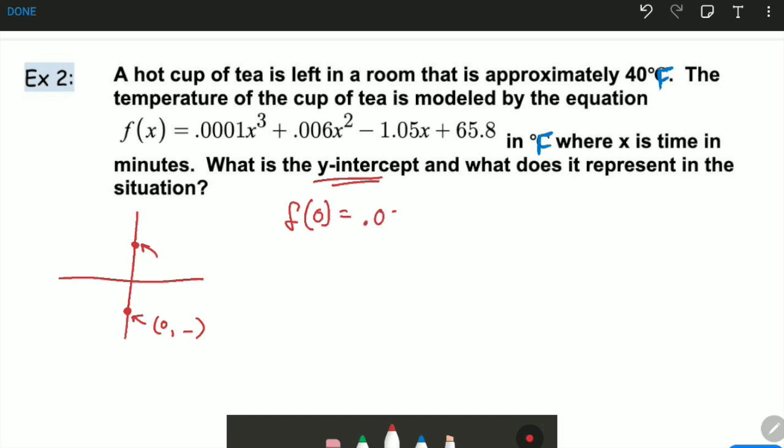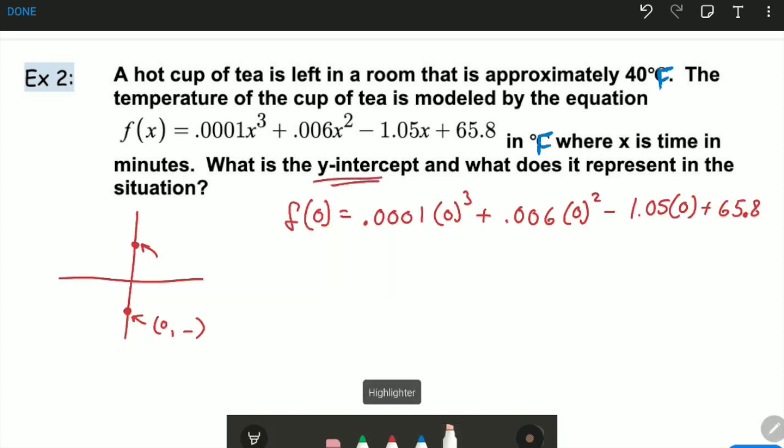So if I go through and replace x with 0, plus 0.006 times 0 squared minus 1.05 times 0 plus 65.8. It's also nice with polynomials because whenever you're trying to find the y-intercept with a polynomial, if it's in standard form, then the y-intercept is also the term without the variable, or the constant term, because everything else will end up canceling out, leaving us with the y-intercept of